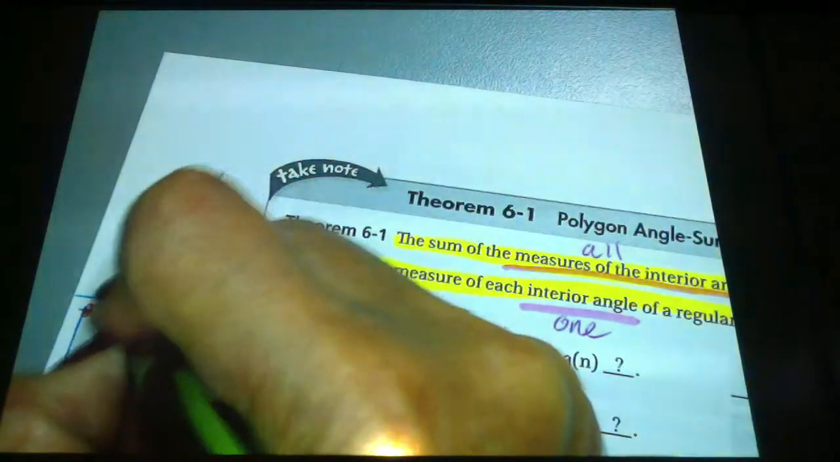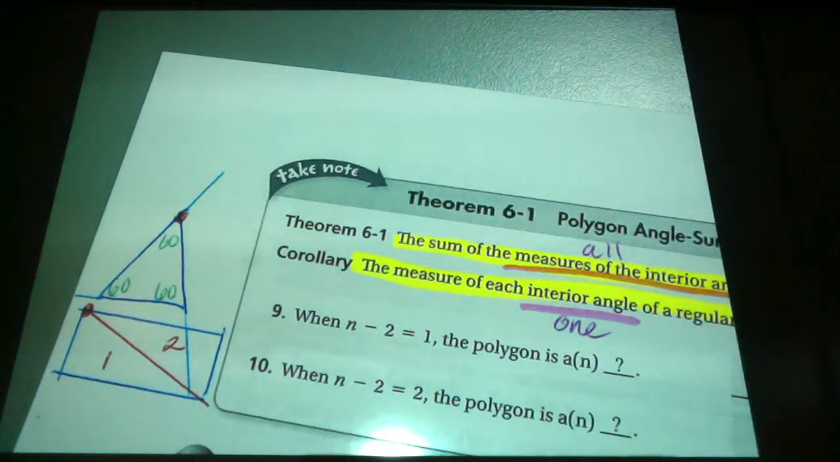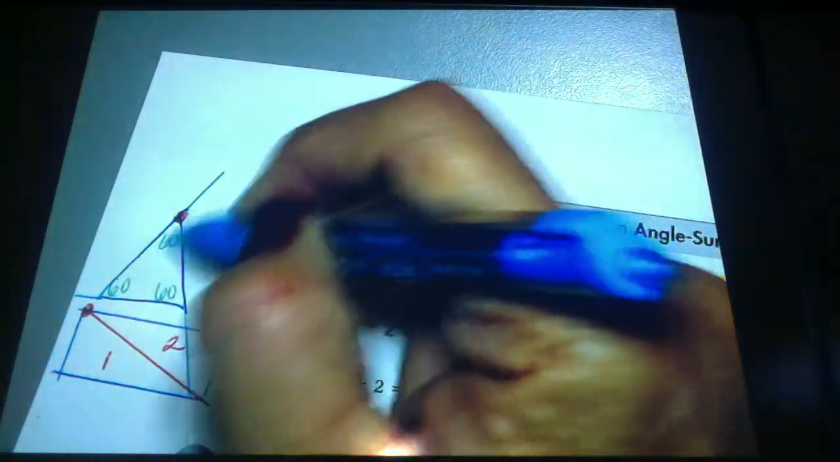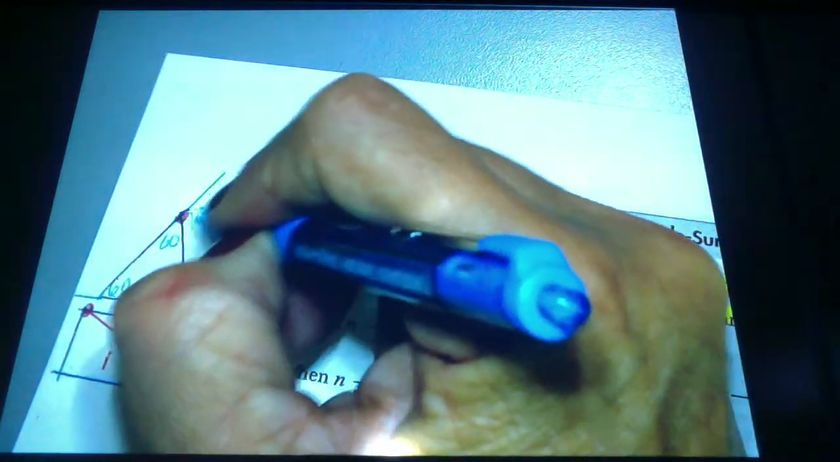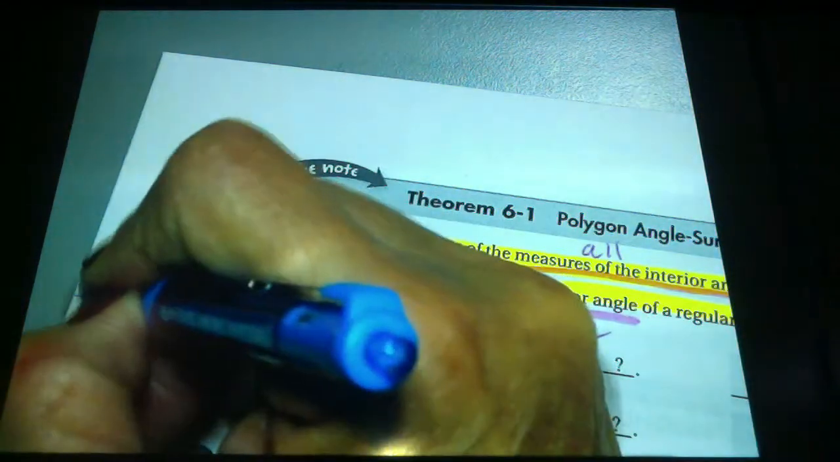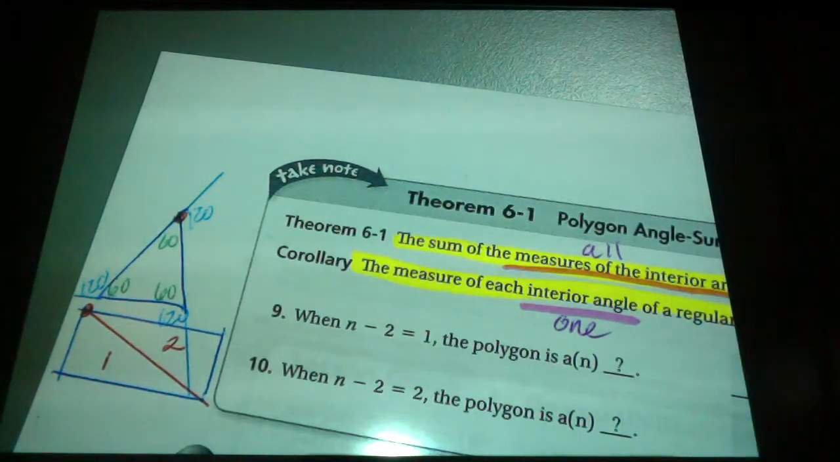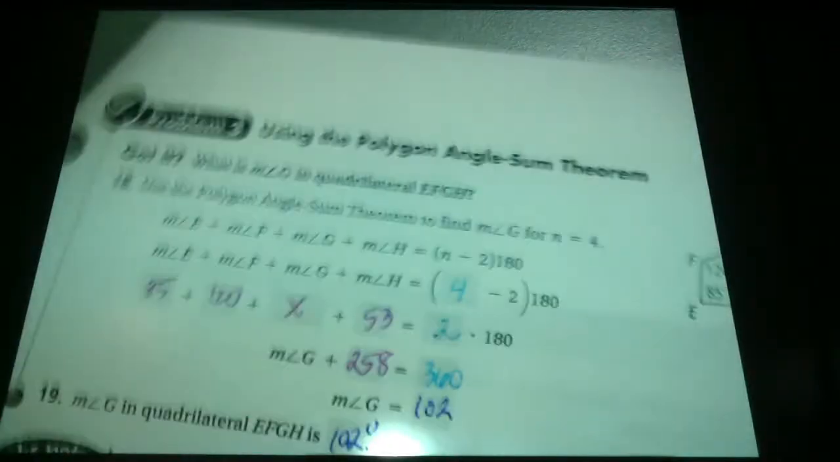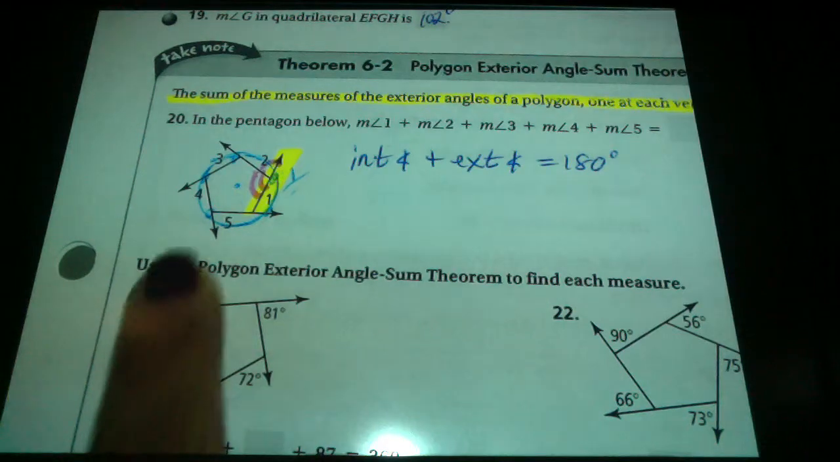Wouldn't this be 60, 60, 60? And if that's 60, what's this one? 120. So that means this one here is 120, and this one here is 120. What's 120 times 3? 360. So it doesn't matter if it's a triangle, or a pentagon, or even a quadrilateral. If you add these up,